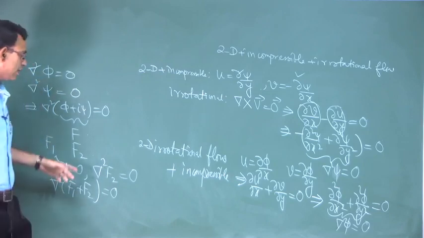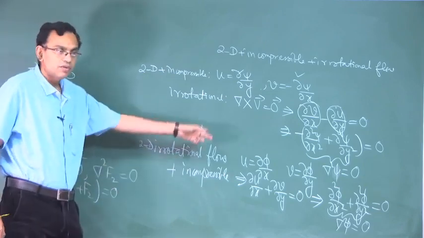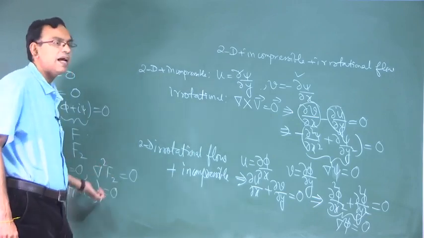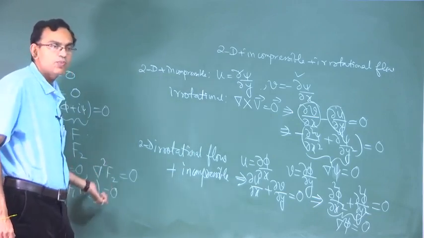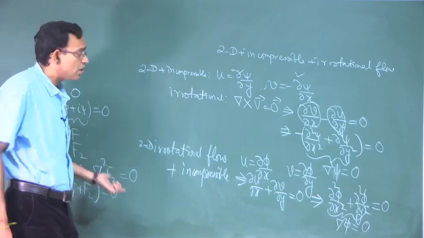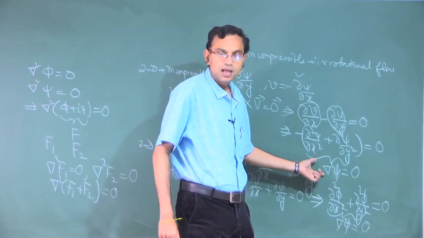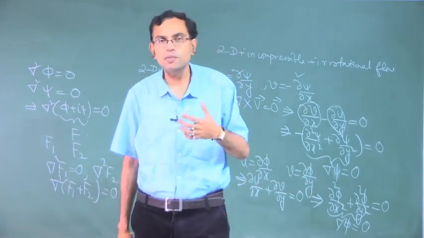Not only that, if there could be f3, f4 whatever, you could have that as a solution just by simply adding. This linear superposition works because Laplace equation is a linear partial differential equation,